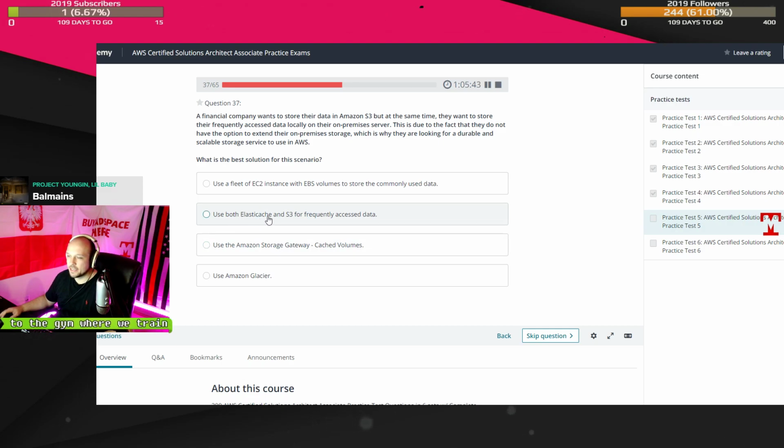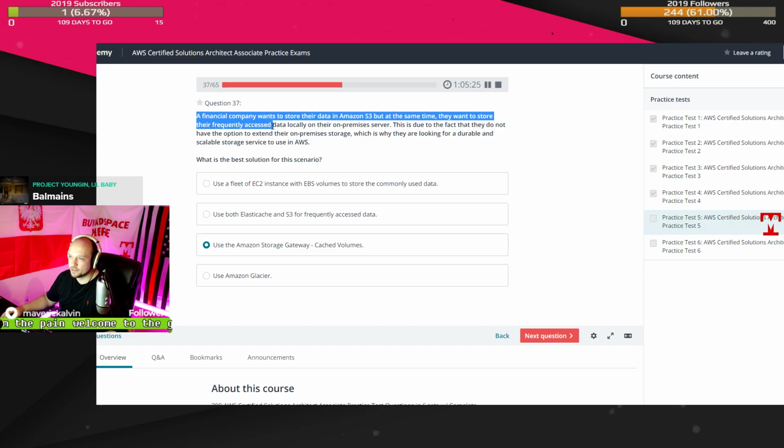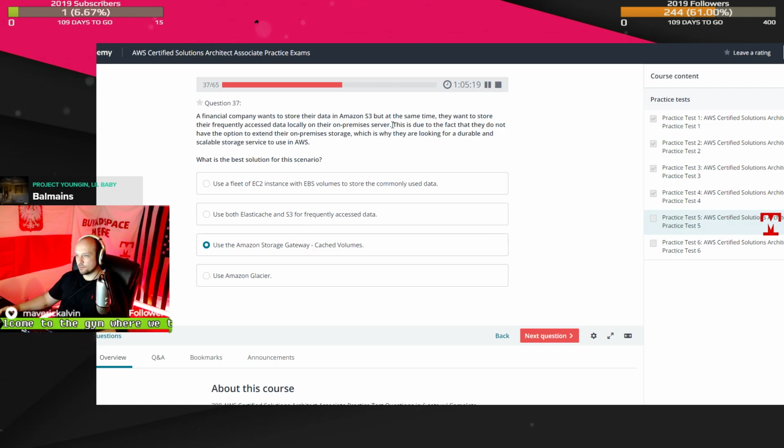Use both ElastiCache and S3 for frequently accessed data. Oh lord. Use a fleet of EC2 instances with EBS volumes. Storage Gateway in this case. I mean, I do Glacier too, but like it says, the financial company wants to store their data in S3, but at the same time they want to store their frequently accessed data locally on their on-prem servers. It's due to the fact that they do not have an option to extend their on-prem storage, which is why